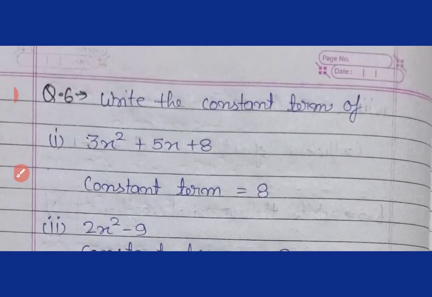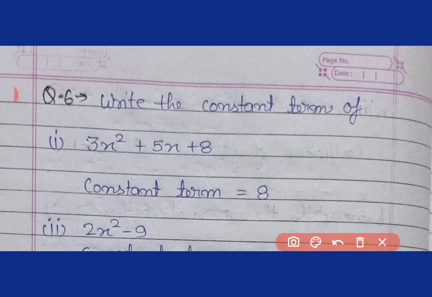Now in the next question, we have to find the constant term. Listen, a constant term means a fixed value that cannot be changed and no variable is multiplying with that number. If we look, we see 3 is here, 5 is also here, 8 is also here, but we have to choose a number which no variable is multiplying, which is self dependent, whose value never changes under any condition. That is number 8. This is the constant term.